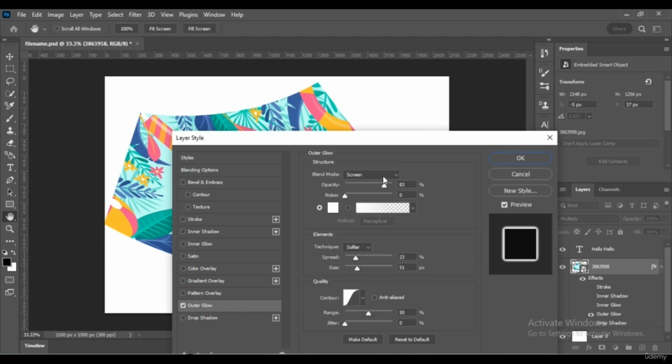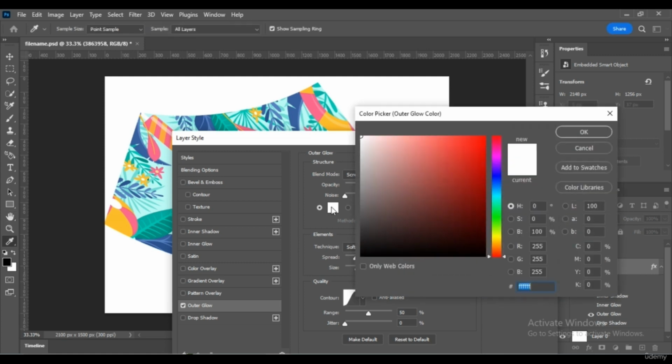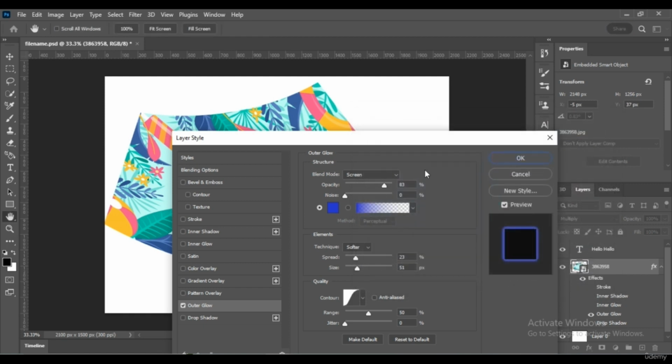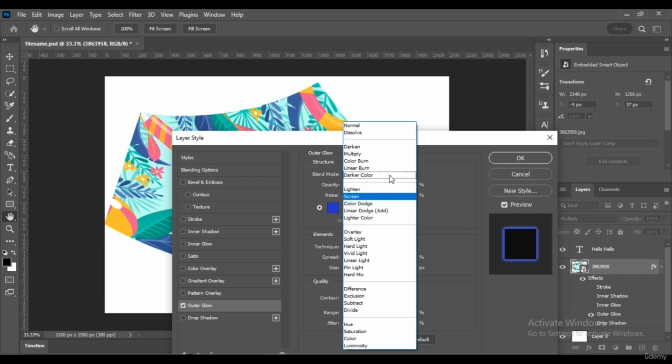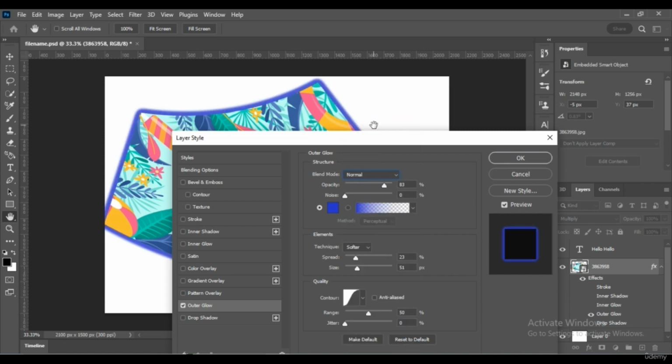Next is outer glow. To give blurred lights outside the object, you can choose the color right here, for example blue. And you can set the opacity. The blend mode, we can set it to normal.